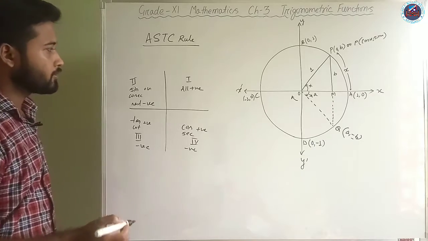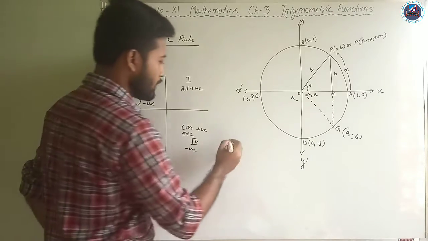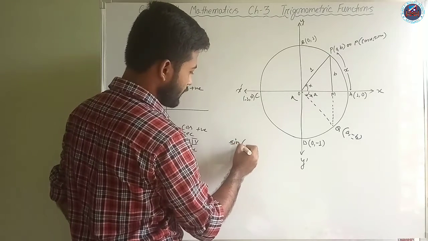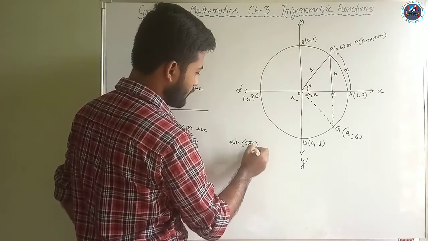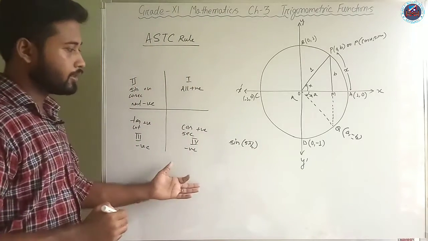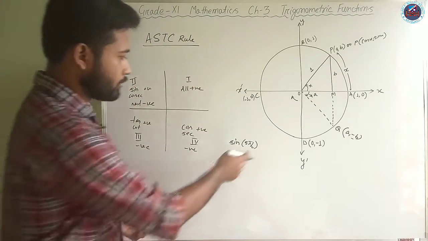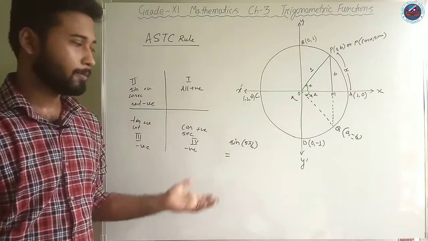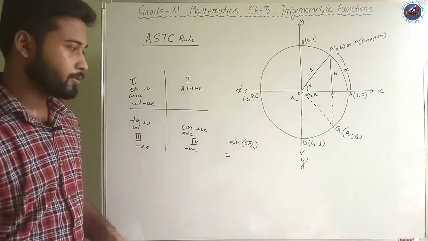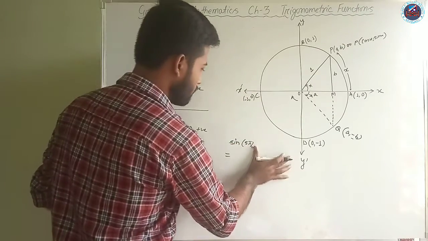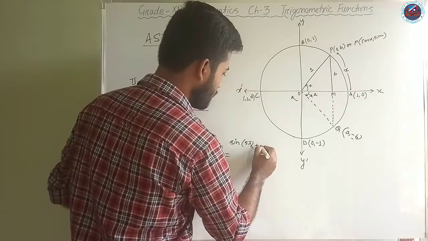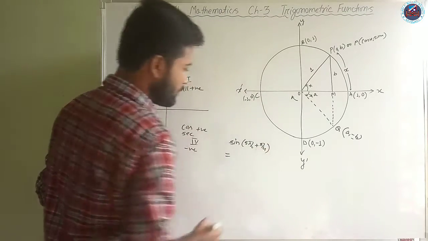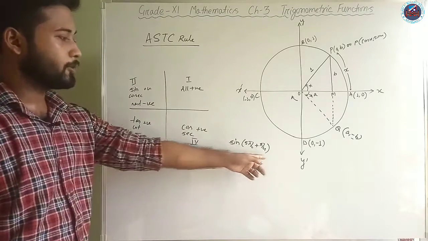Fine. So let us see one example. Say you have sine of 5 pi by 2, then how to write it, or what value can you write in place of this? Because we don't know exactly the value of 5 pi by 2, but we know the value of pi by 2, isn't it? Or if you have a value 5 pi by 2 plus pi by 4, then what? We know the value of pi by 4.